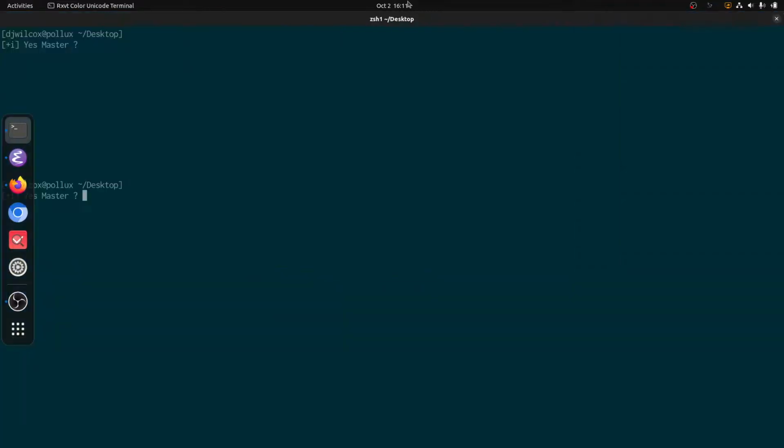Sorry, Wayland's being a bit funny. Okay, there we go. Excuse the dock there, it's still showing for some reason. But as you can see here, the issue, if you just maximize stuff, is that you still have the bar up here at the top, and then you have the header here. There are extensions to hide the bar, but we don't really need those, because what we can do is